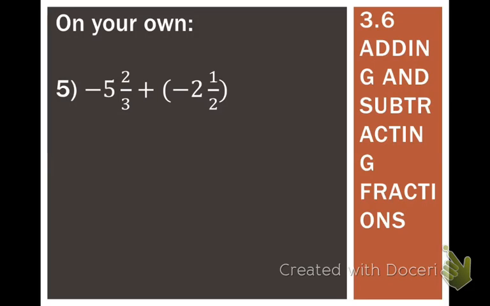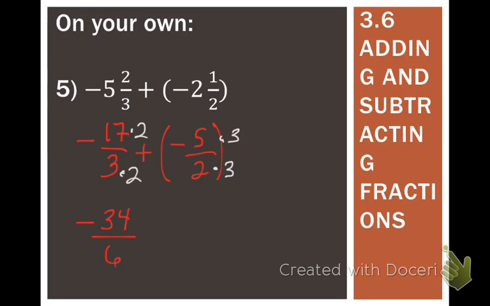Alright, so first step, change it to improper. So this is going to be negative 3 times 5 is 15, 17/3, plus 2 times 2 is 4, plus 1 is 5, negative 5/2. Alright, common denominator here is 6. So I need to times that one by 2 and that one by 2, this one by 3, and this one by 3. Alright, so 17 times 2, that's going to be negative 34/6, plus 5 times 3, that's negative